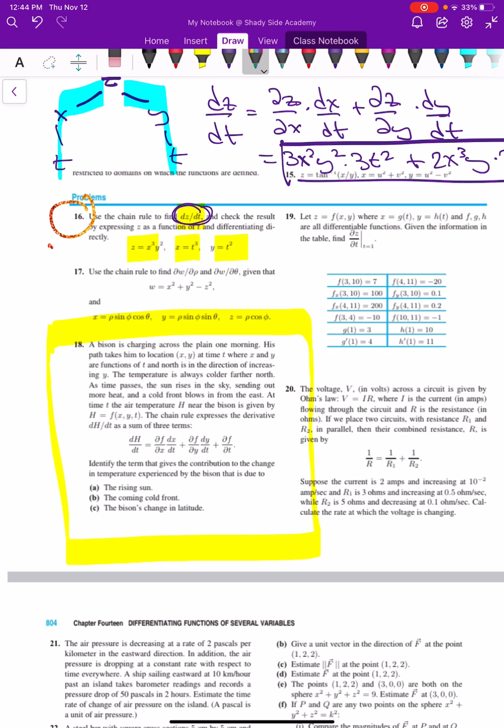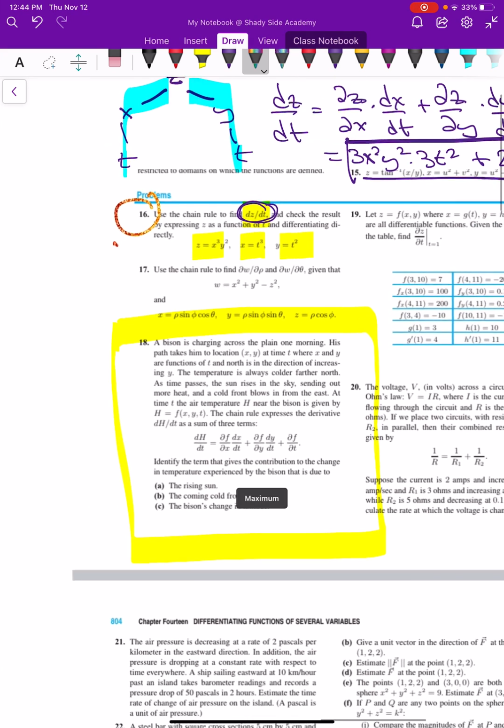Okay. Wow. All right. So, a cold front blows in from the east, it's always colder north, and let's see, as time passes, the sun rises. Well, before I get to all these things here, first of all, H is the air temperature